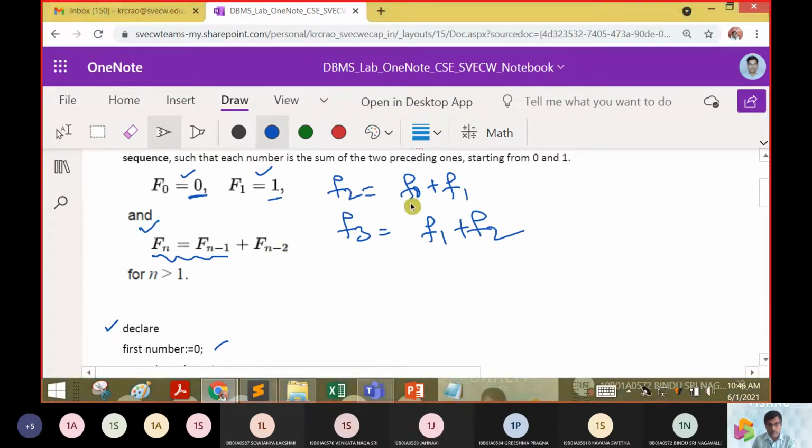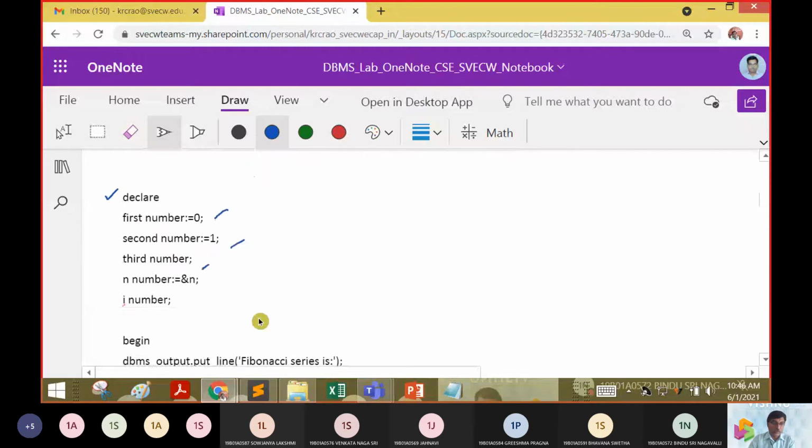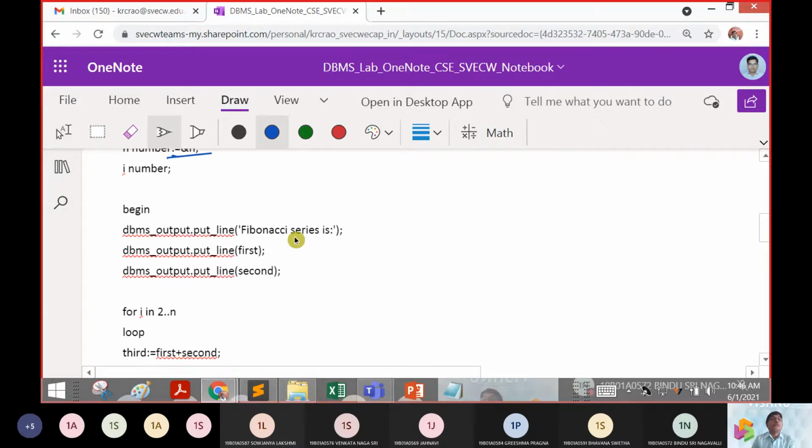That is, f2 is equal to f0 plus f1. So for that we are going to have the third number in reserve. Similarly, there is another local variable called j here.